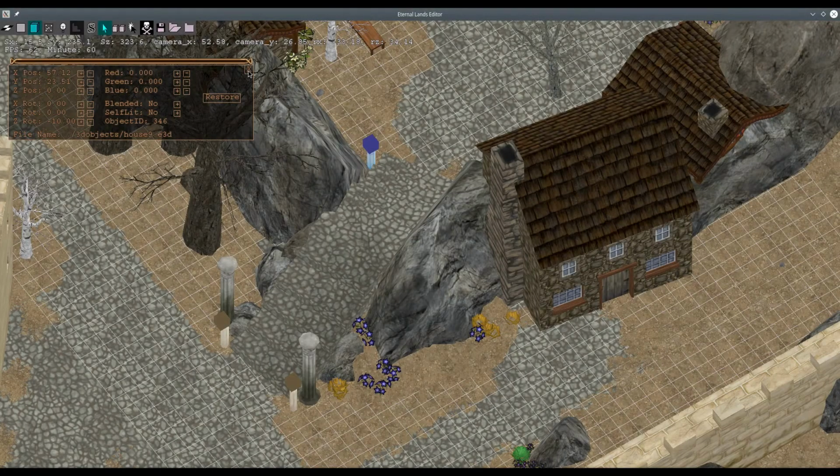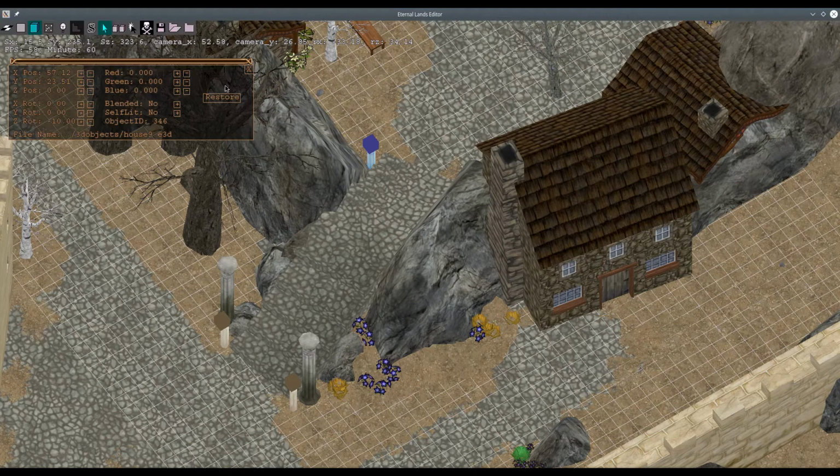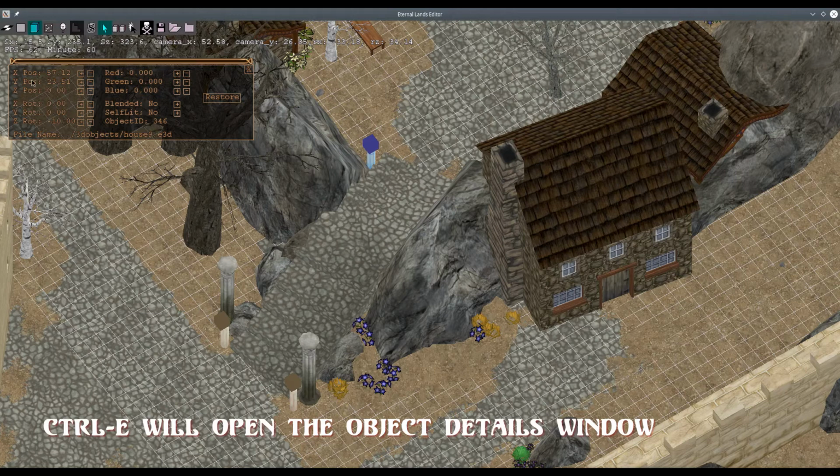You want to be careful doing that. Now let's take a quick look at self-lit 3D objects. In this case, we're going to take a look at all these quartzes in Nordkarn that you should be very familiar with. If you press Control E, you'll get this details window that shows all the different details for